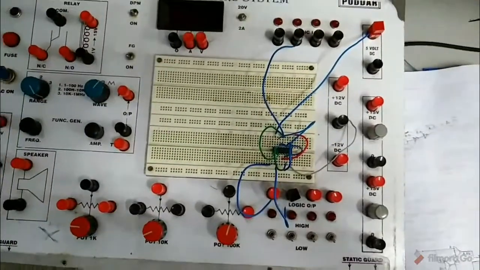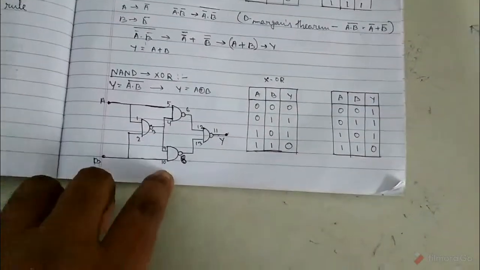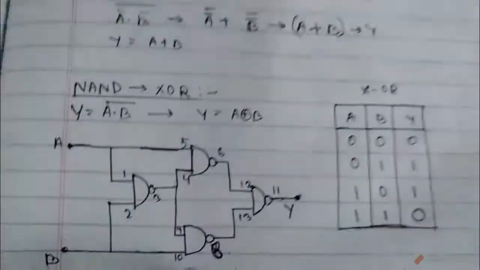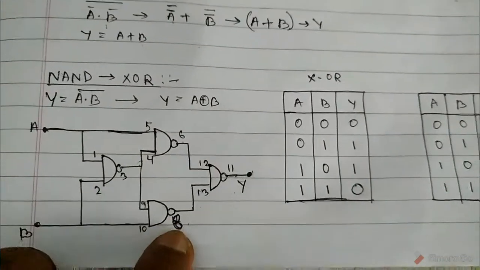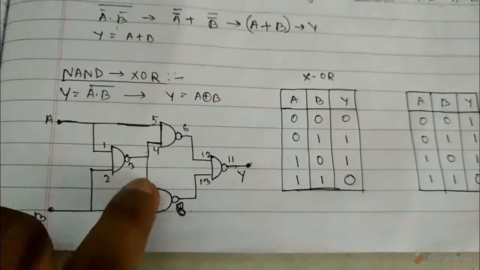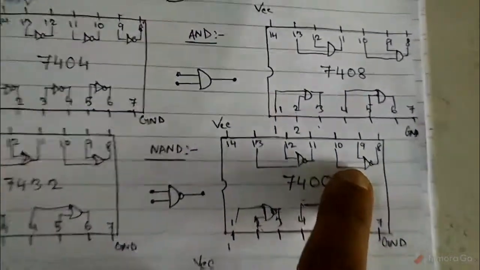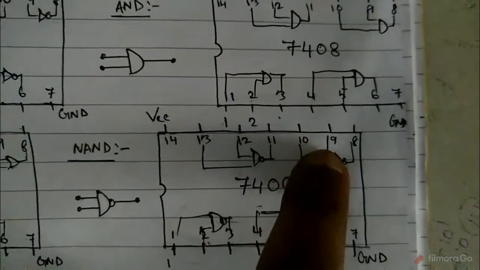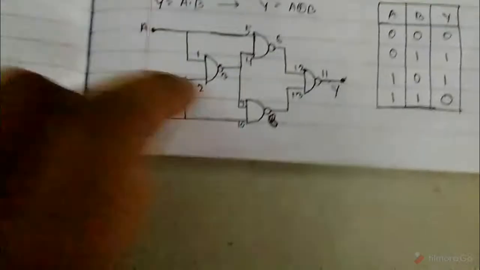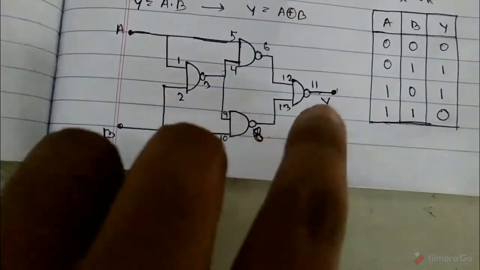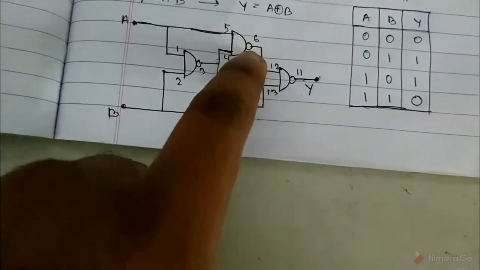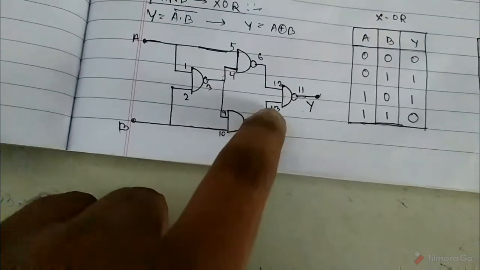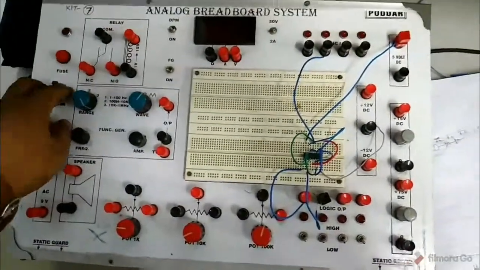This circuit has been connected as an XOR gate. And see, I have made one mistake here. Previously I had written this point 11. So this output will be pin number 8, as in the construction of the IC, when 9, 10 are inputs, 8 is output. So the output pin will be 8 here and 11 here. Pin number 6 to 12 will be short circuited, and 8 to 13 will be short circuited. So this is the circuit.